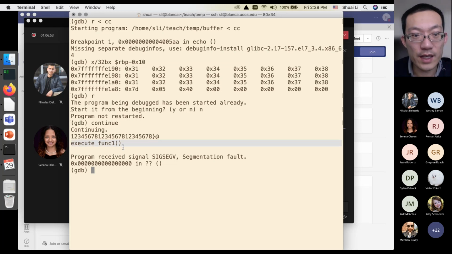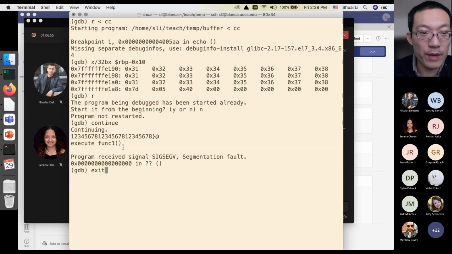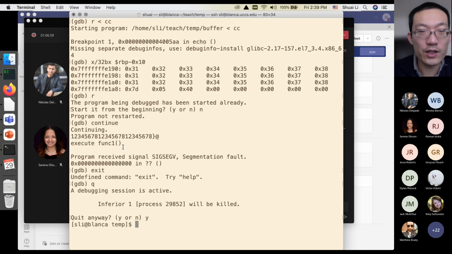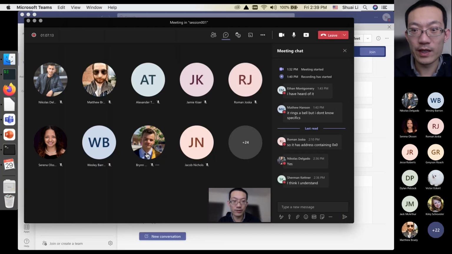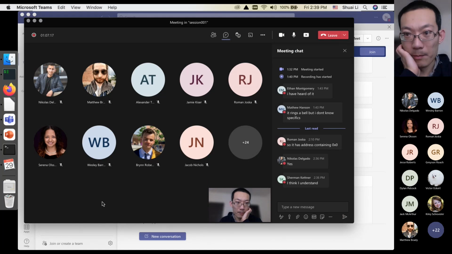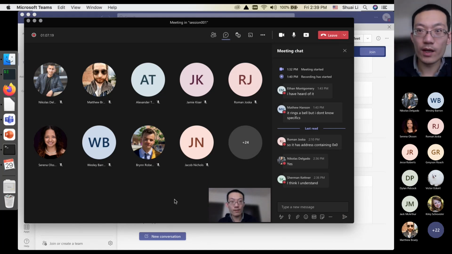So that shows us that by using buffer overflow, we can execute functions at our will, as long as we specify the return address to be the address of the target function we're going to execute. This is the buffer overflow. If you don't have questions,